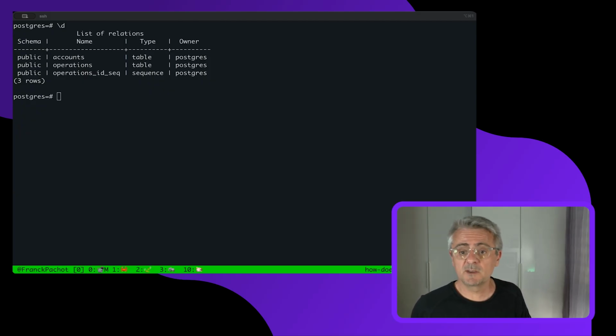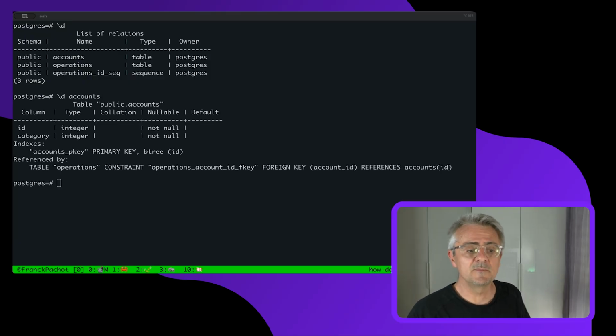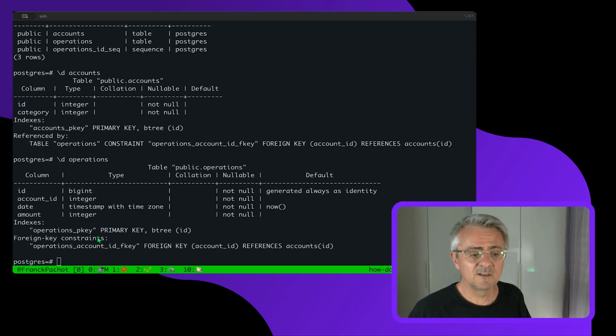In a SQL database, normalized, the category is in the accounts table and the operations are in another table with their timestamp. Here are the tables I have on Postgres. So an accounts table, an operations table. In the accounts table, I have only an ID and the category. And in the operations, I have a foreign key here to the account, and then a date for the operation